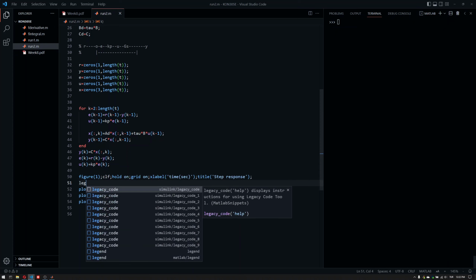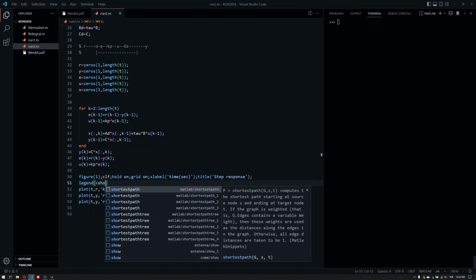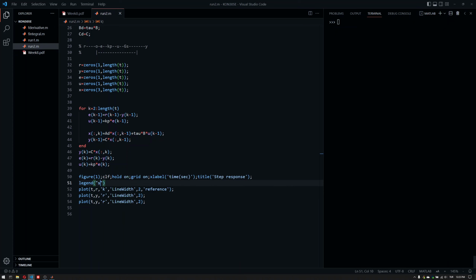Let me, by the way, append a legend, and then show, and then location best. You can use this location best because it will just position itself. So error should be, I don't know,